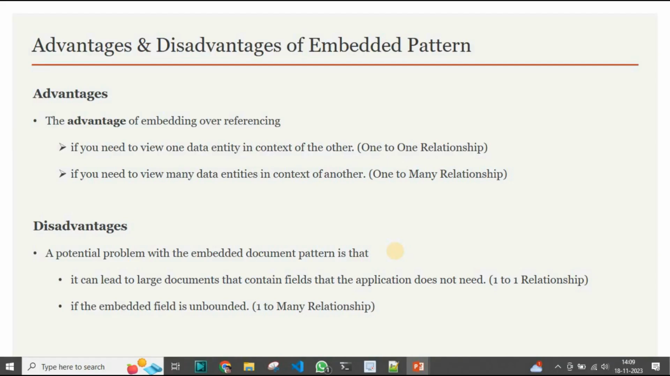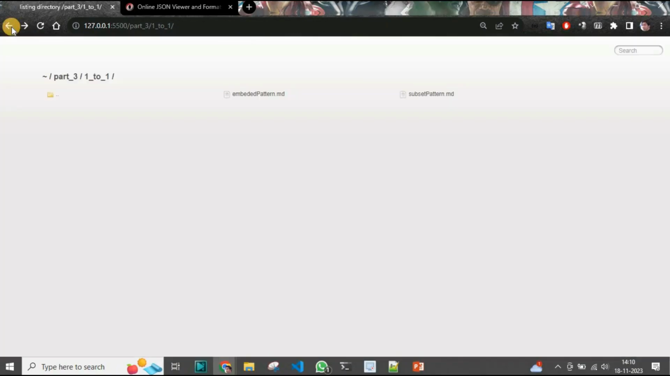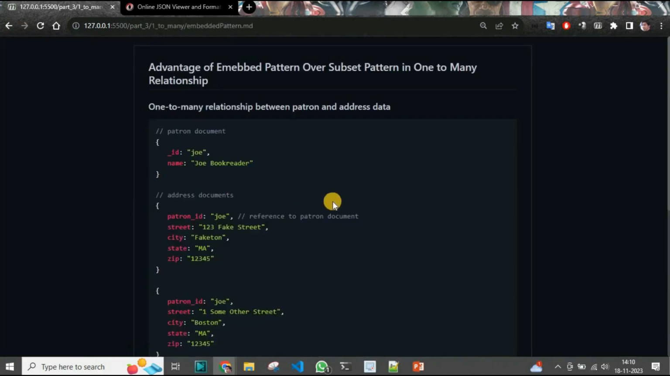Next, if I talk about the one-to-many relationship, if you need to view many data entries in the context of another, we will see by example. So if I go to the one-to-many directory, here we have the embedded pattern. If you see the example here, the pattern can have multiple addresses. So if you keep a reference of the pattern ID in the multiple address documents